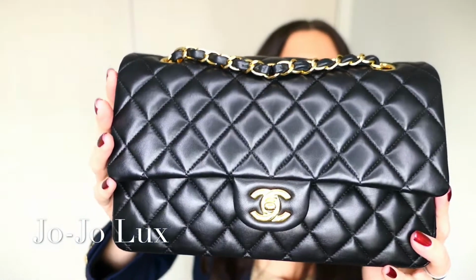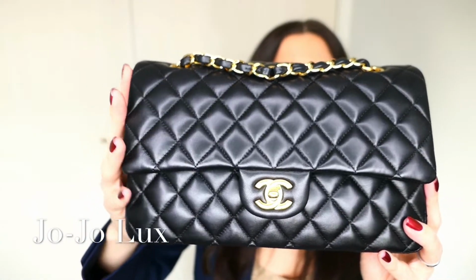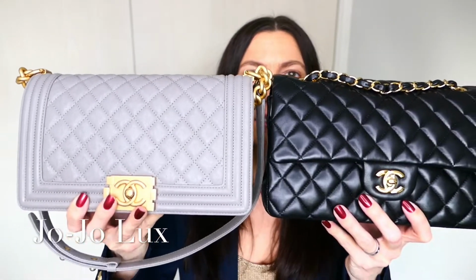Right, so here is again my medium large classic flap. I will show you side by side, and then I'll start getting on to the details. We've already mentioned dust bags are different. I actually prefer the dust bag that comes with this bag. It's just nicer and softer, I think, and you've got that double layer. But there's nothing wrong with the one that comes with the boy bag. So there they are,